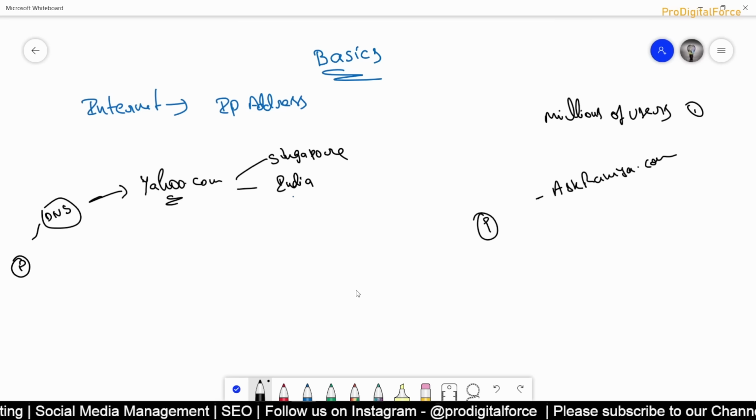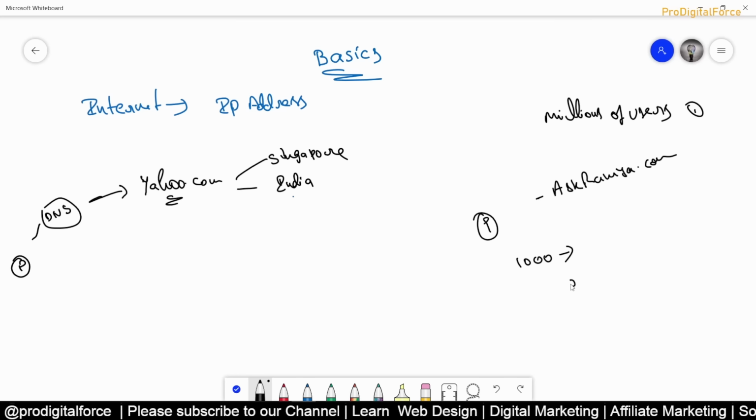Okay, this is where the problem happened. Then it will be easy for you to get that problem fixed. You will be able to call the right person immediately. If not, what will happen? I don't know any basics here. Now, something happened, the website went down, so I have to start asking 10 different people. Right? By the time, these 1,000 people who are already following Ramya, what will happen? Of those, 500 people will go and look for a different website.